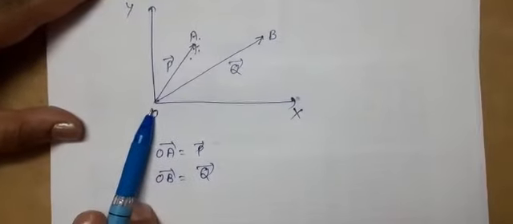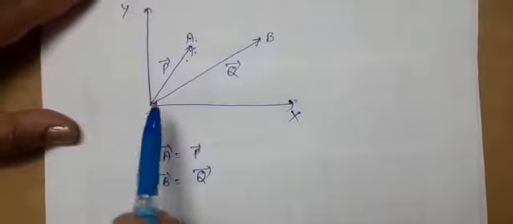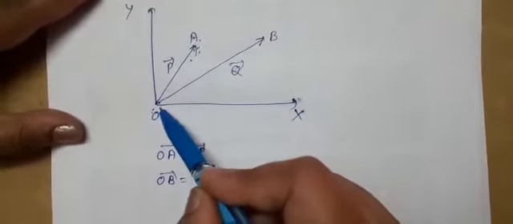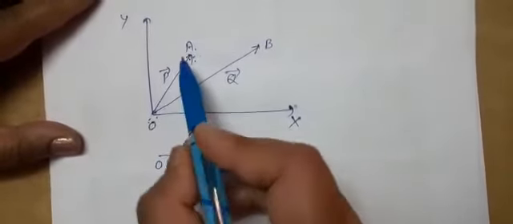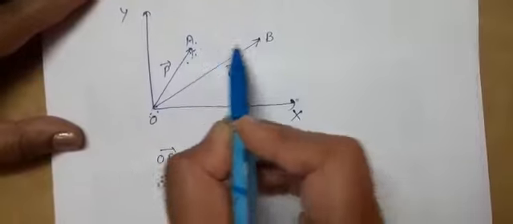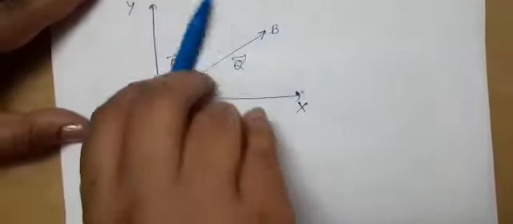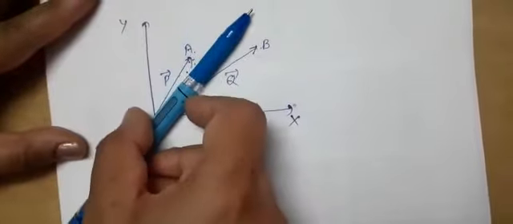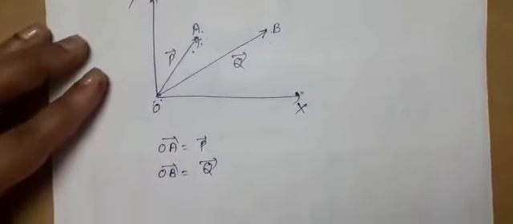Now, what information are you getting from this position vector? It tells the straight line distance of the object from the starting point. It also tells the direction of the object. Suppose the particle is initially at this point. Now here it is at point B. So the particle position is changing in which direction? Particle is at this point, now it is changing to this point. Suppose the particle has reached this point. So the direction in which this position is changing is also represented by the position vector.